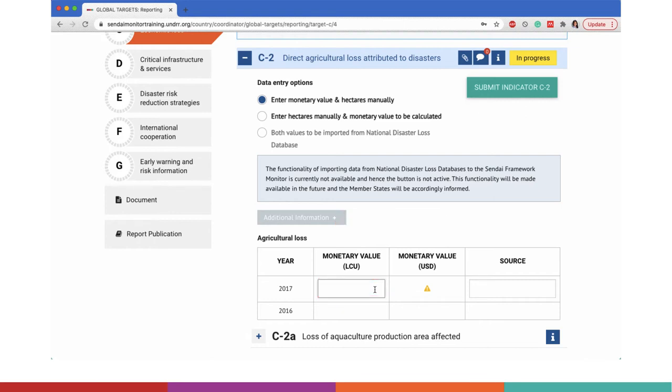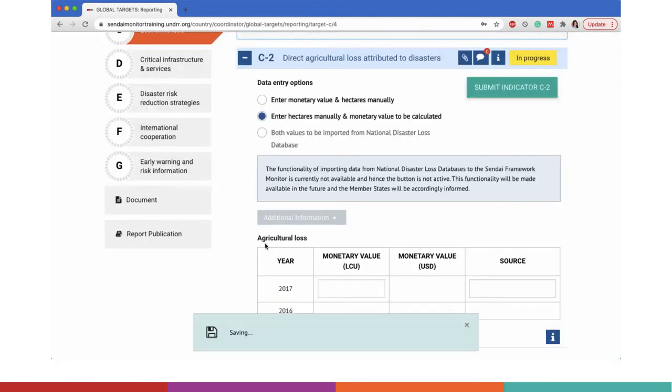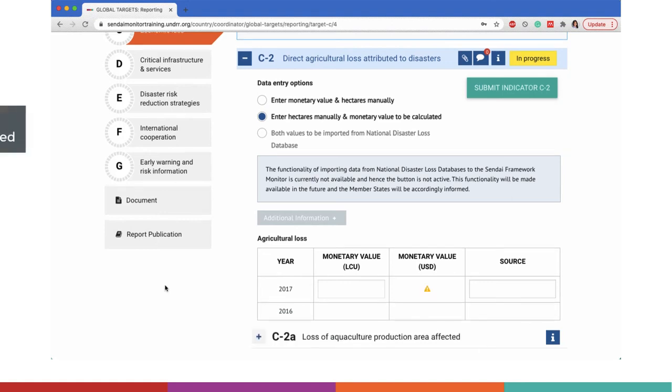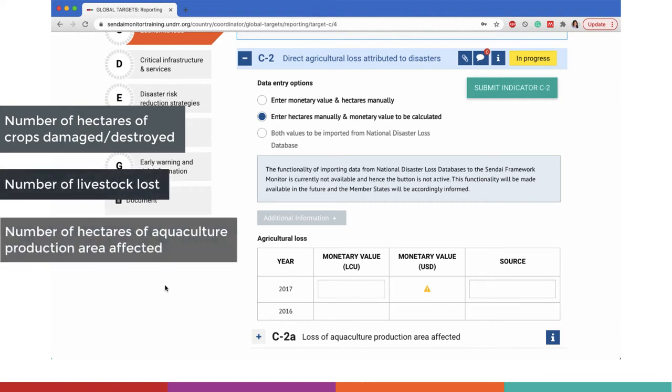The second option of having the system calculate monetary value should be chosen if you only have values on physical damage. For example, if you have the number of hectares of crops damaged or destroyed, number of livestock lost, or number of hectares of aquaculture production area affected, choose this option and the system will calculate the corresponding